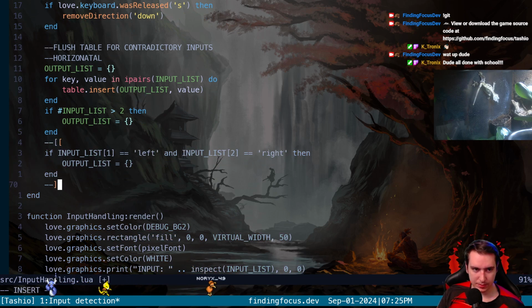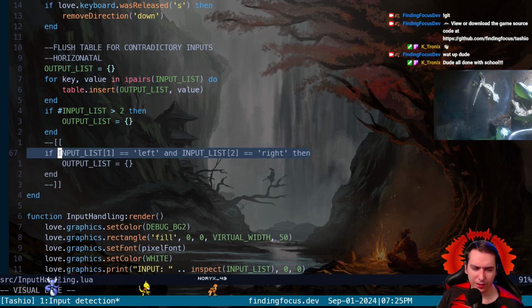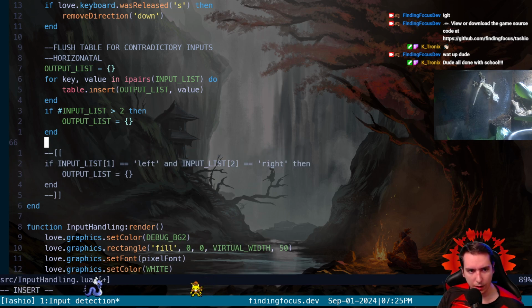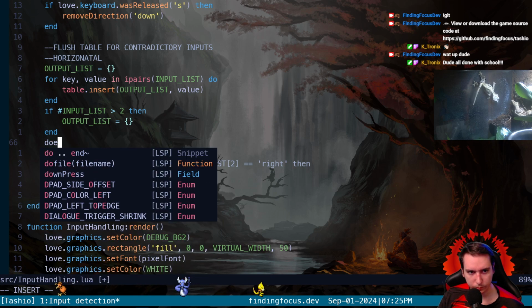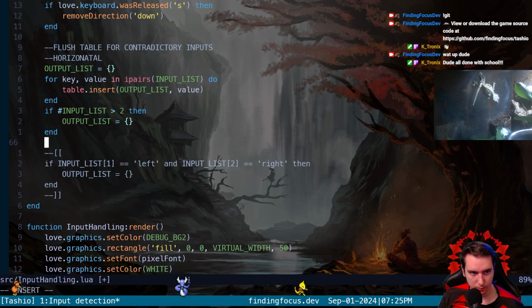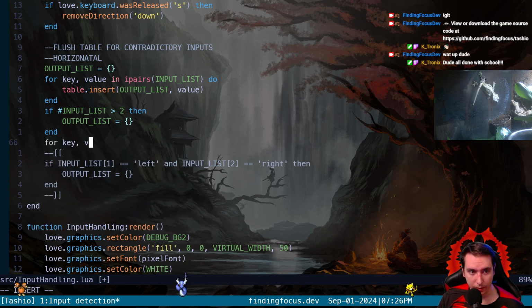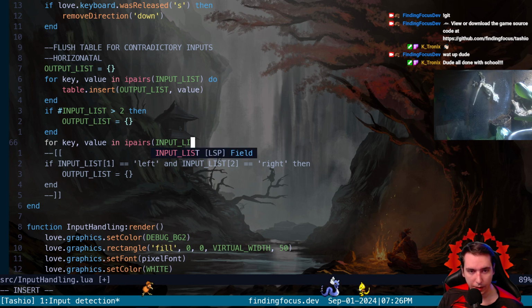I don't like the order thing here, where if the first input is left and the second input is right, I'm on either or, right? So I want to cycle through our output list, because at this point output list is a straight up copy of input list unless it's 3 or 4 inputs. So we can say for key, value in ipairs of our output list,